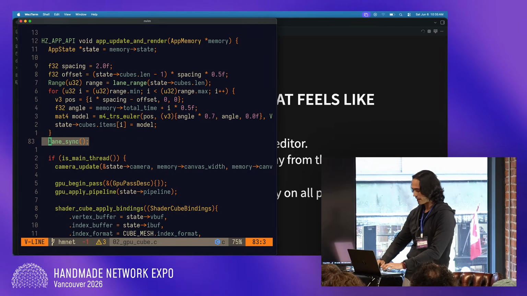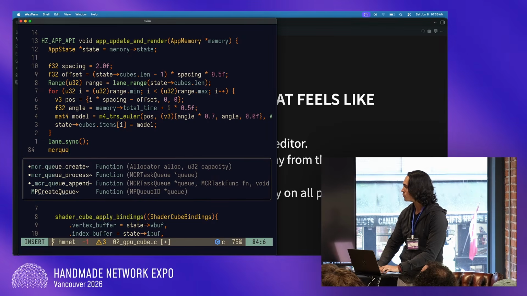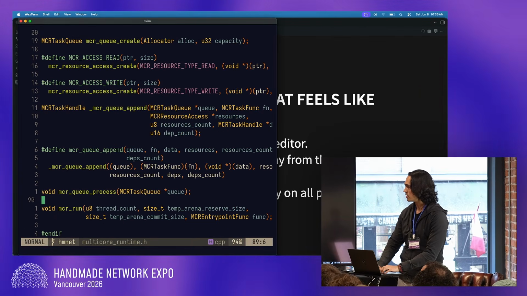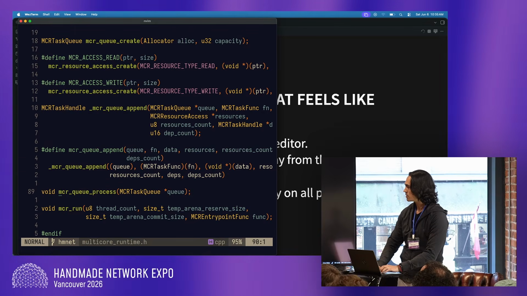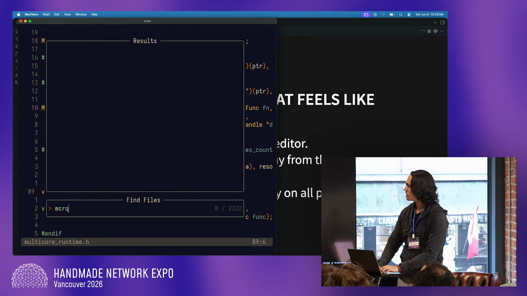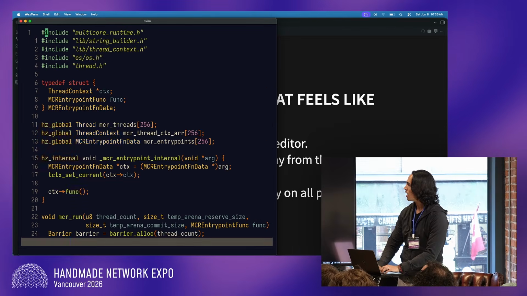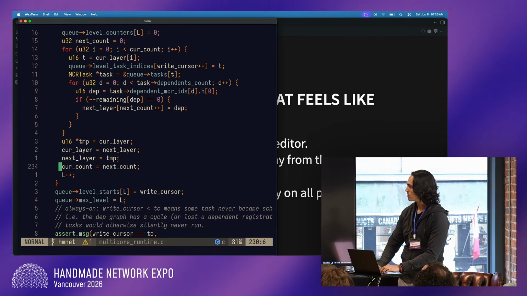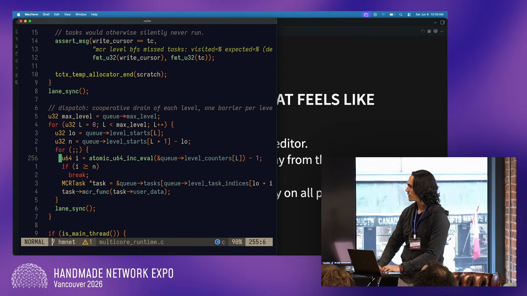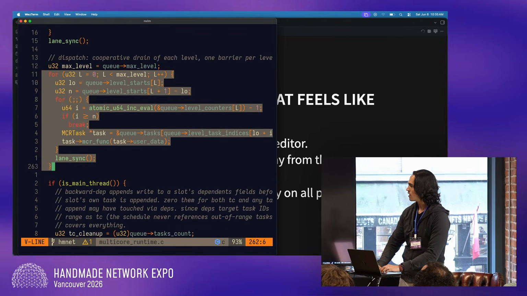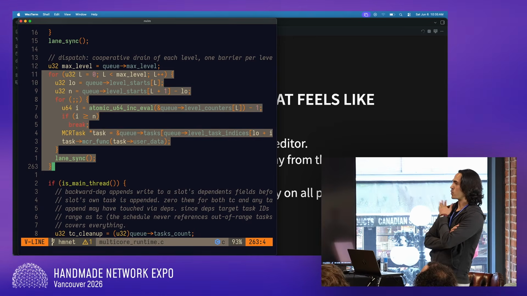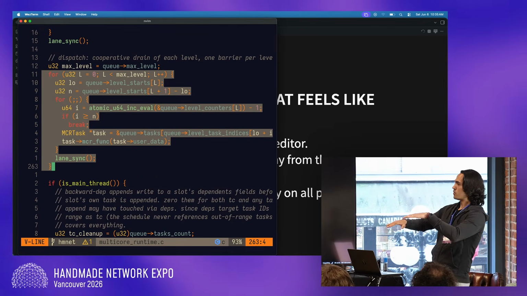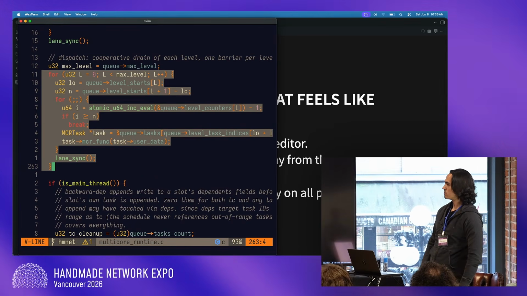You basically do a job system again, but the nice thing is that it's inline. So this MCRQ is the job system, ish. It's all inline. This is how simple the loop is that's basically running a task system. On the top there, we're separating all the levels of dependencies and then running all the dependencies here.